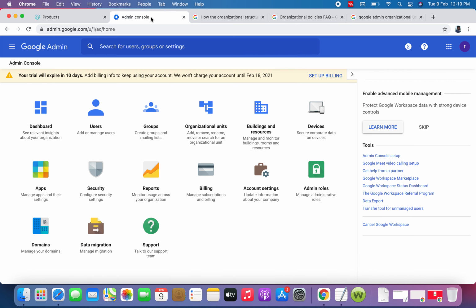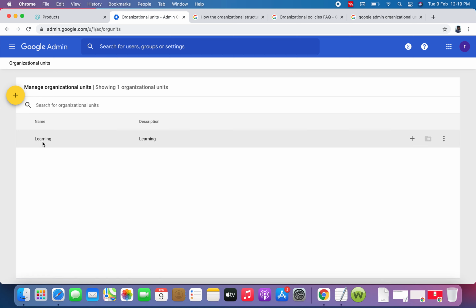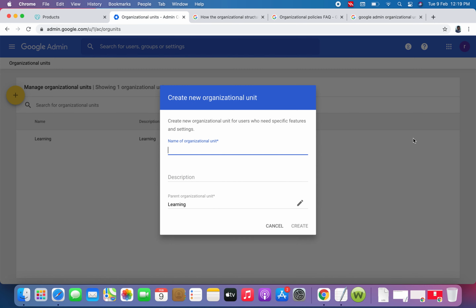So let's jump to the portal. Here I will create an OU. Click on organizational units. Here you can see I have created a parent OU, whose name is Learning. Under this I'll create a child OU.